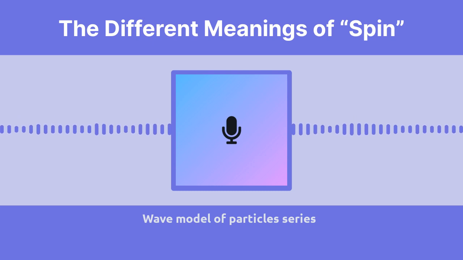Exactly. And today we are going deep, deep down into the surprisingly complex world of spin in physics and math. And trust me, it's way more interesting than it sounds. It is. Our guide for this deep dive is a fascinating research paper by Robert A. Close called The Different Meanings of Spin. Now, get this. Close says there are actually 3 distinct types of spin, each with its own quirks and implications. So we're going to unpack all 3, starting with the one we're most familiar with, kinetic spin.